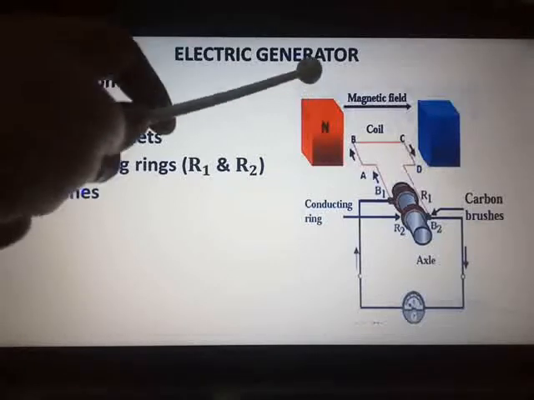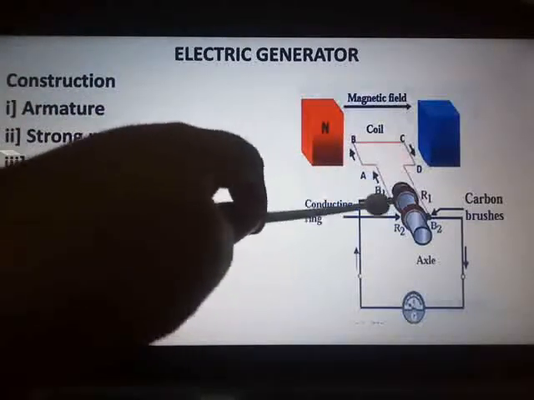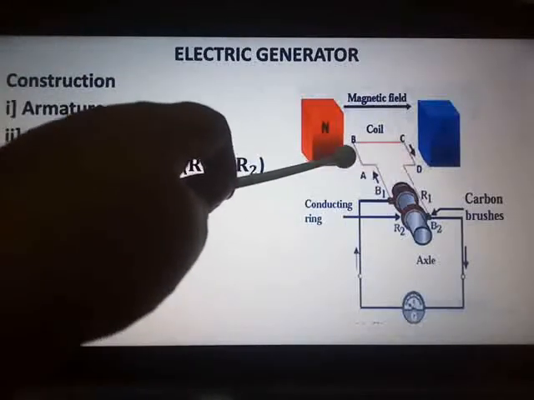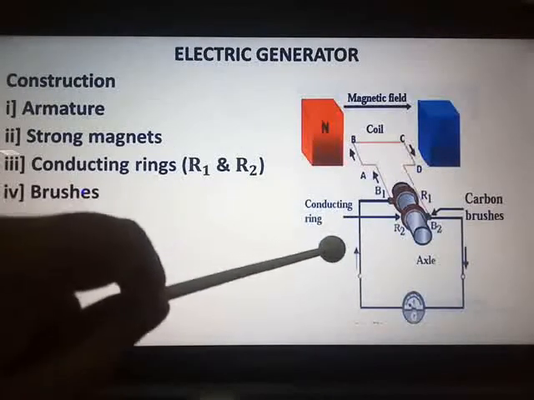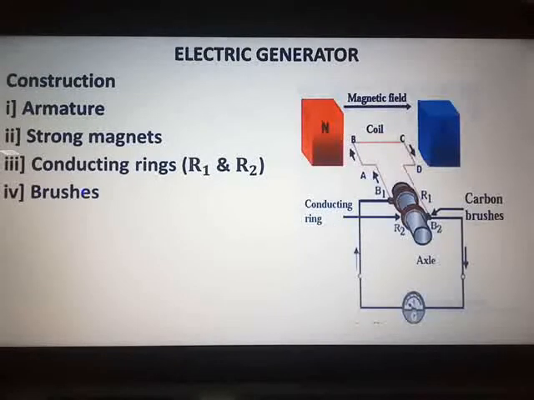Then while drawing the diagram, you have to be very careful with the labelings. Be very careful with the arrows. See, the flow of arrows is indicating the conducting rings. You have to take care, R1, R2. There in the electric motor it is a split ring, one ring split into 2 halves. So there you should be very careful.